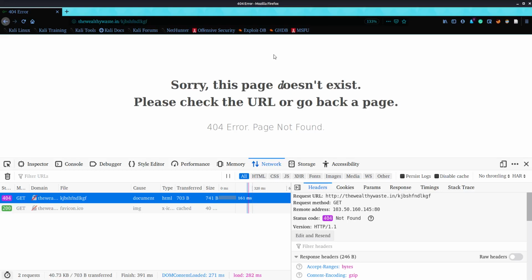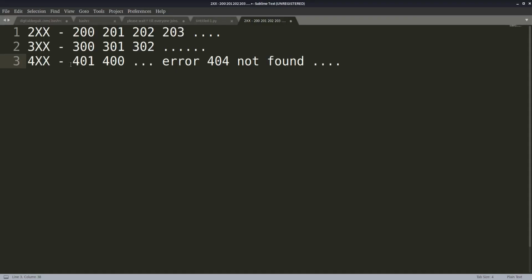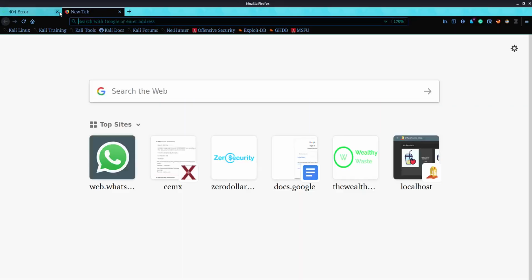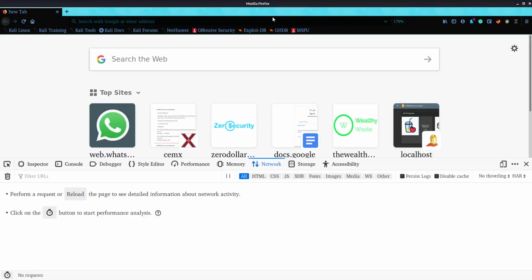So these are the different kinds of errors. 4xx is a client side error. When there is a mistake from the client side, we get a response from the server of 4xx. There are also 5xx responses from the server, which are server side errors. When the server is not able to process something, it will return responses like 500, 501, 502, and these are server side responses. Okay, so we have learned about the requests and responses. Now let's learn about the other things.